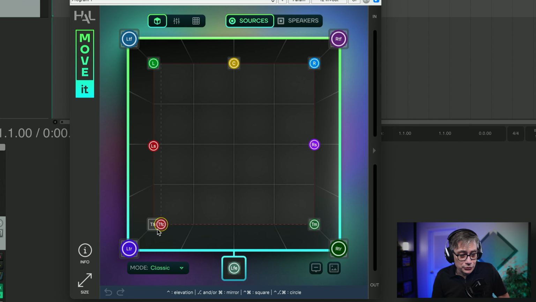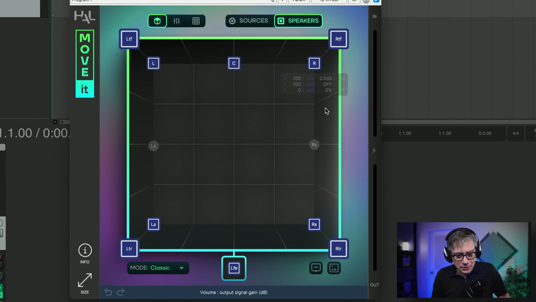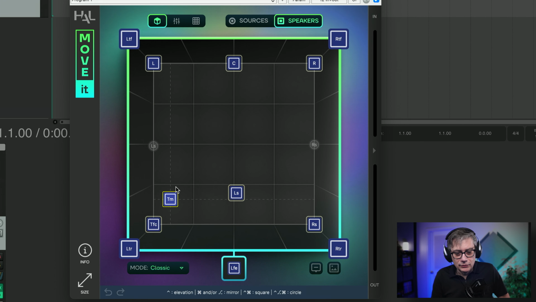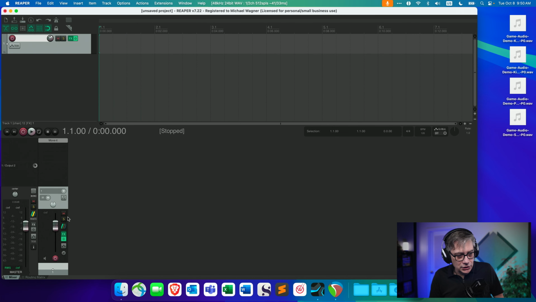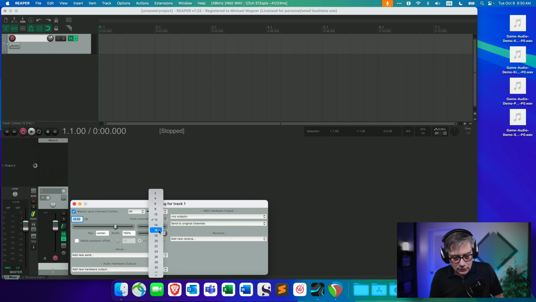And you not only have to do that for the incoming channels, you also have to do that for the speakers, obviously, because the speakers are also in 5.1.4. So I need to do the same thing here as well. And this can become really, really annoying, especially since you might actually have to search for those. So let me change that to a 12-channel track, so a 16-channel track.